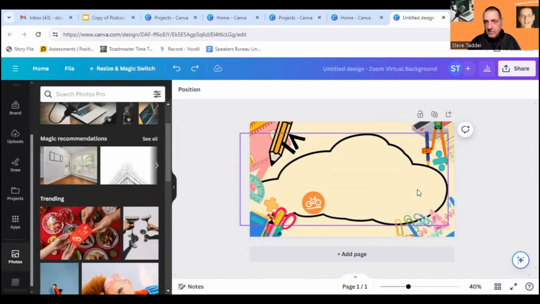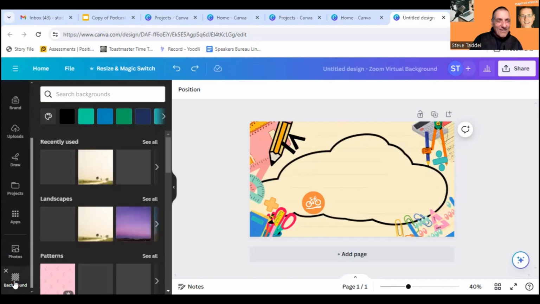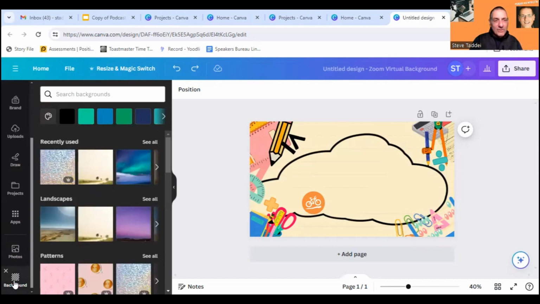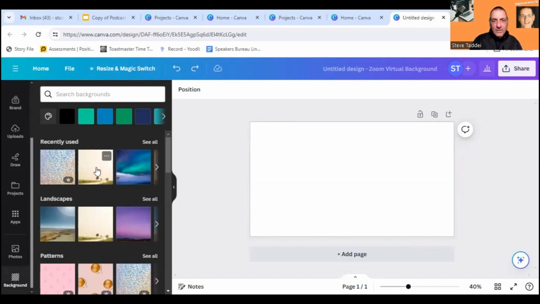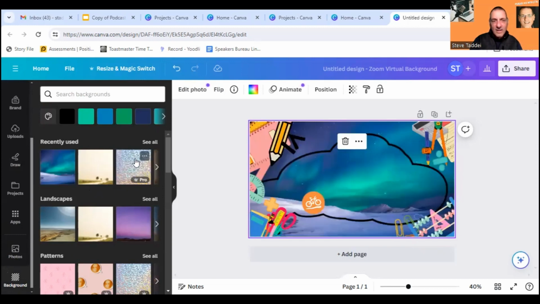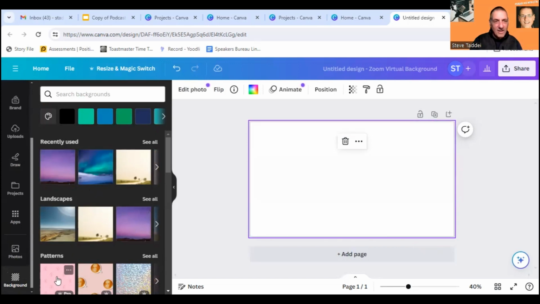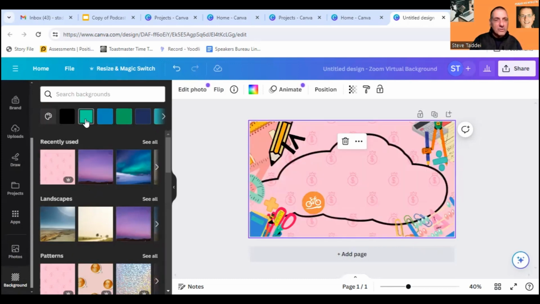I did happen to use a stock photo for this microphone, but I probably should have taken a picture of my own microphone, but that's another podcast. And then this is just different backgrounds. So there's all different things you could do, and you can just do colors.